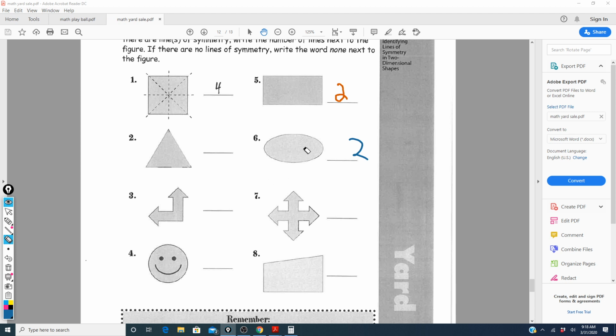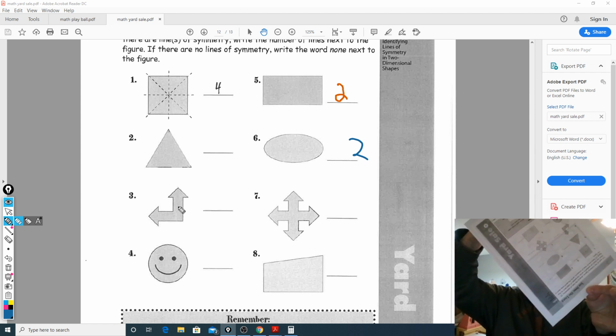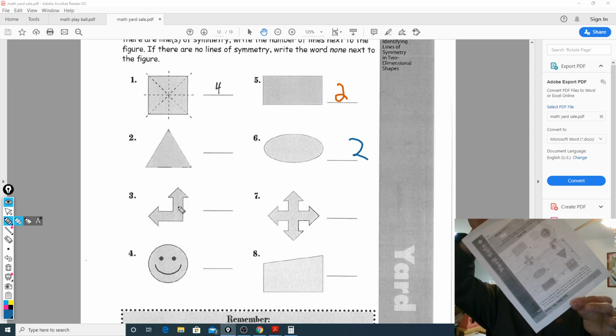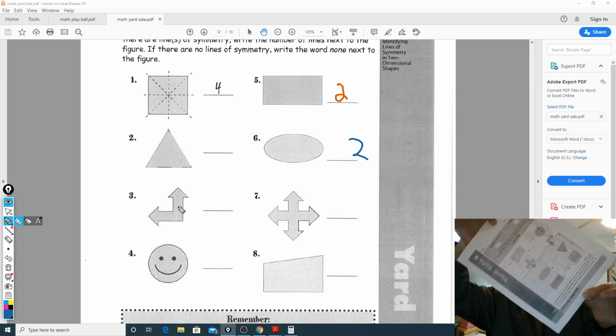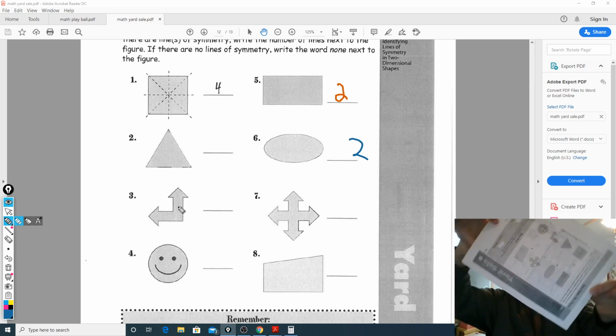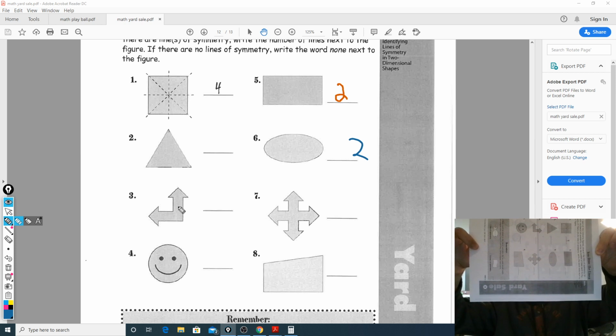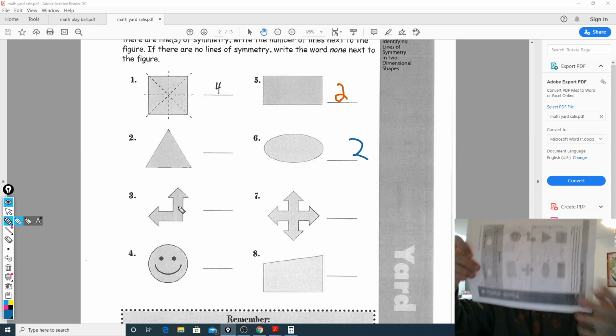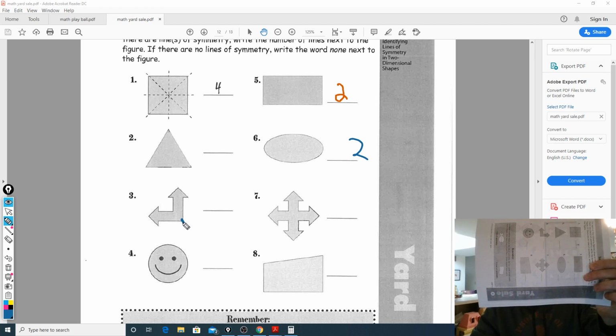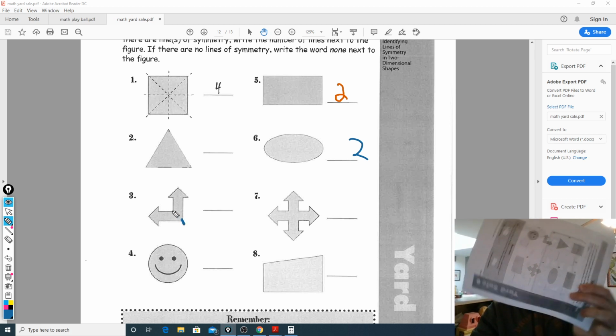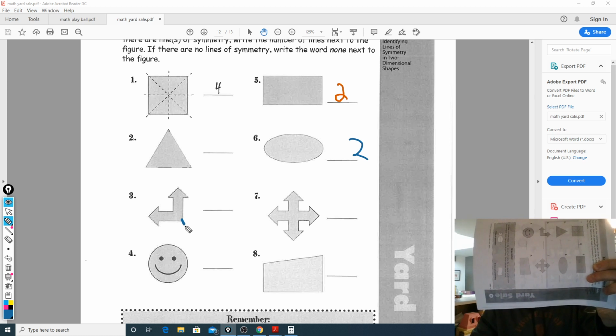Let's see. So just kind of jumping around here. If I go to number 3, this funky looking double arrow figure, it's kind of diagonal. If you mentally turn that image to where it's pivoted on its one little side right here, and think of it as moving to its side,